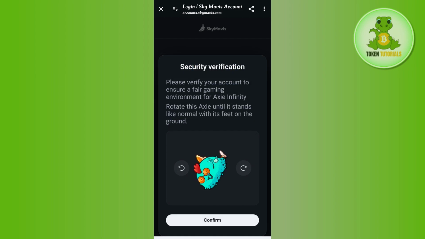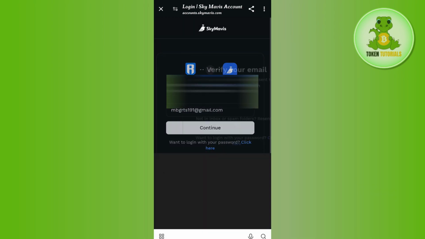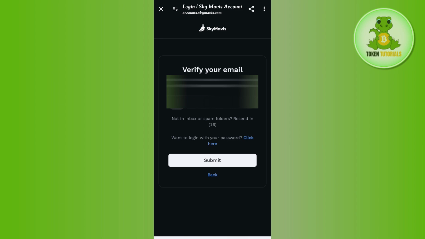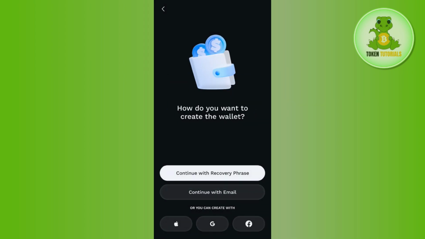Then you need to complete this verification process, and then you need to press confirm in the bottom. Afterwards, it will show you that they have sent a verification code on your email address that you have just entered previously. So you just have to copy that code and you need to paste it over here. Then you just have to press the submit button. Once you do this, you will be redirected on the home page of Ronin Wallet as you have successfully created